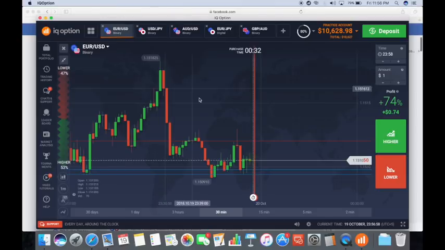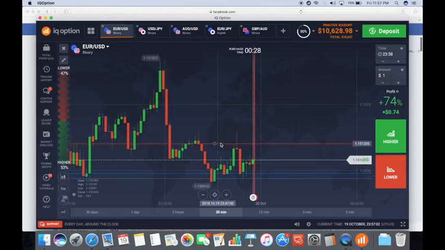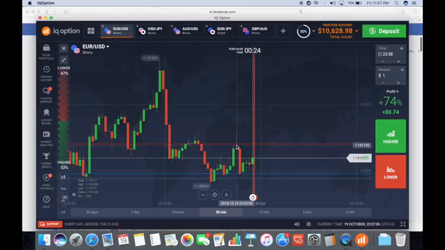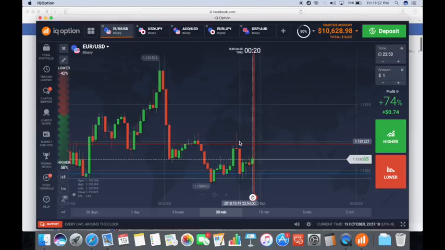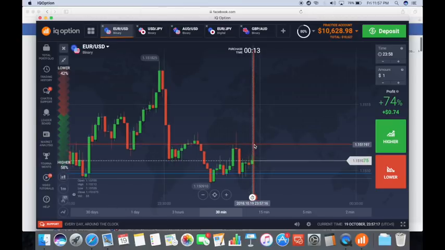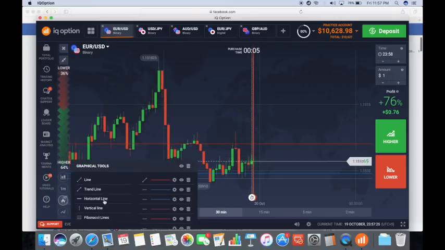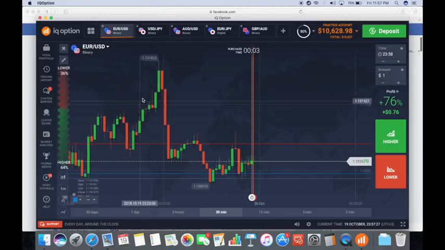So let's see another pair till it moves towards the supply zone. It has been tested once. All right, so if it crosses that, then I will not be surprised, okay, because it's not fresh anymore. It can be rejected from here. Okay, there are chances, but if it doesn't, then I will not be surprised because the next strong supply level,